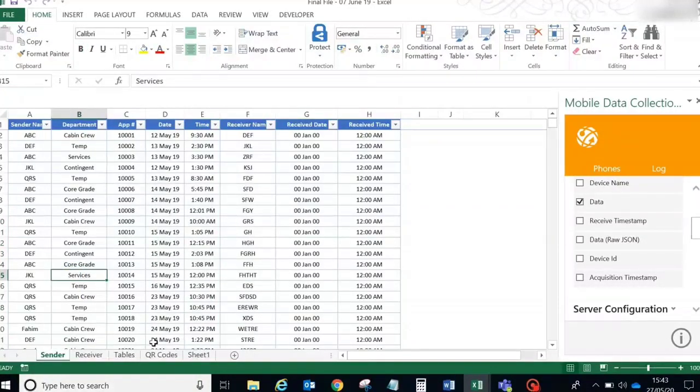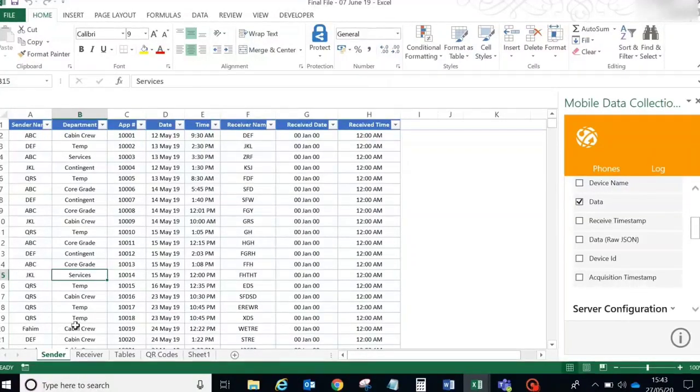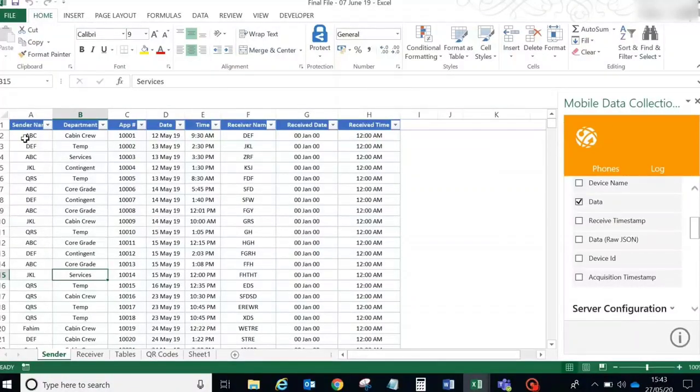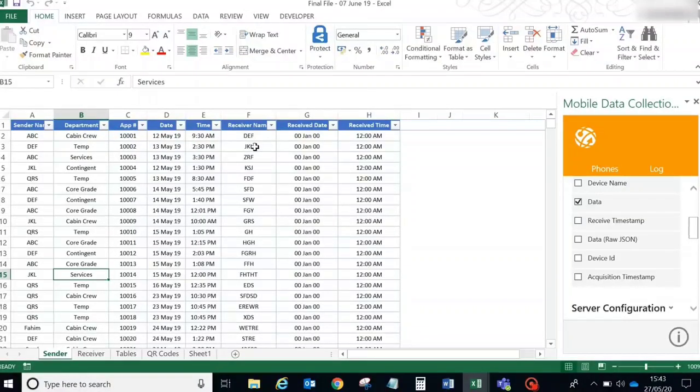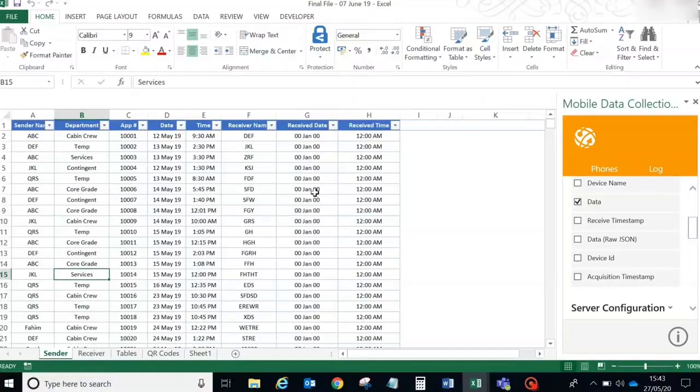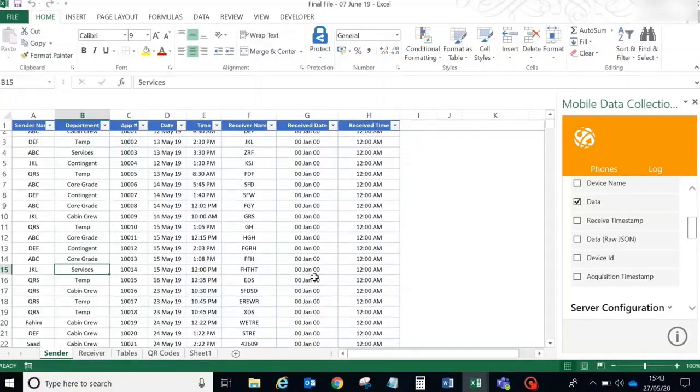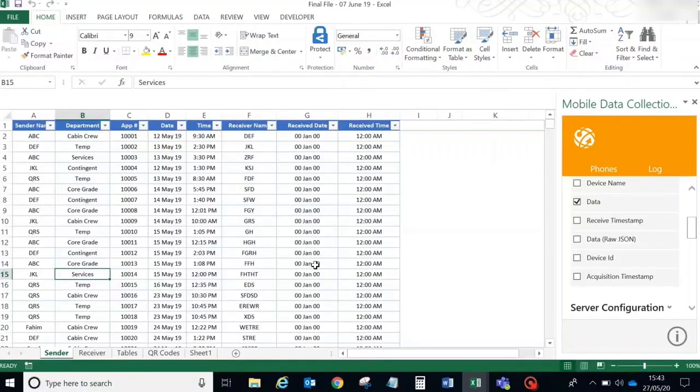So you don't have to go here and there to track as to where it is going. You just have to refer to this one sheet, and you'll get all the details about where the document or the file is. So who sent it, what is the document about, what is the unique reference number of the document, when it was sent, what is the time, who received it, the received date, and the received time itself. So you can see some values over here, 00, that is just some dummy values. This is just some dummy data over here, just to show it to you guys. So this is how